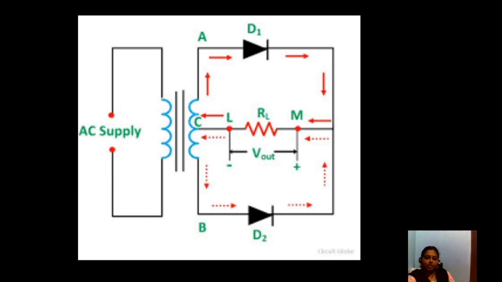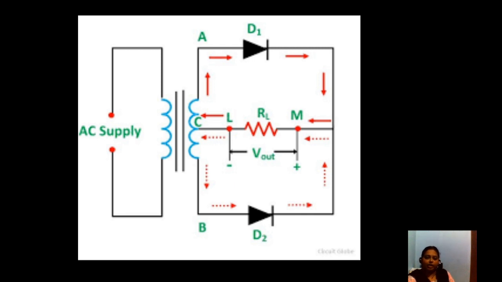The figure shows the circuit diagram of a center tap full wave rectifier. In the figure you can see a transformer, two diodes and a load resistance. As usual, the transformer is used to step down or step up the voltage of the AC supply that we are applying at the primary of the transformer. If you are using line voltage, we have to step it down, or if you are using some other small AC supply voltage, you have to step it up. For that we are using this transformer.